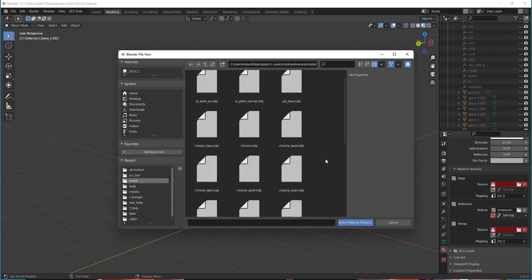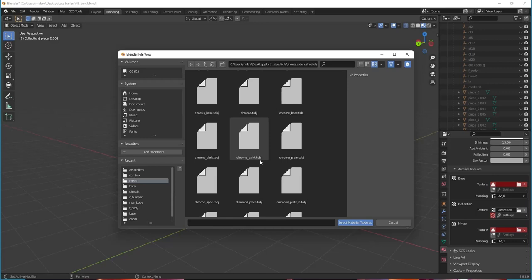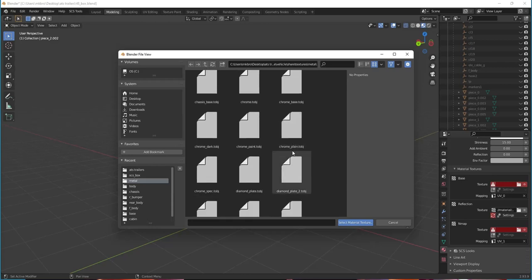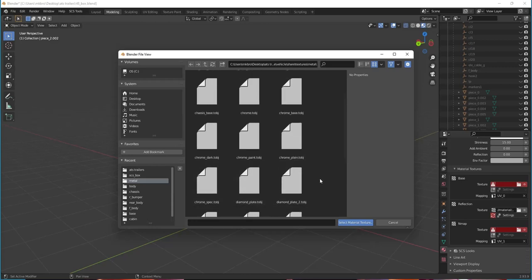So open metal, and there's several different types of chrome that you can pick from. You got just a regular chrome TOBJ, you have a chrome base, a chrome dark, a chrome paint, chrome plain, and a chrome spec. I like the chrome plain better. It's a lot brighter than the other ones, and it doesn't have a lot of the scuffs and I guess stains that these other ones have. So if we select the chrome TOBJ,